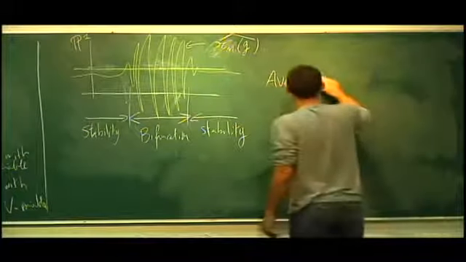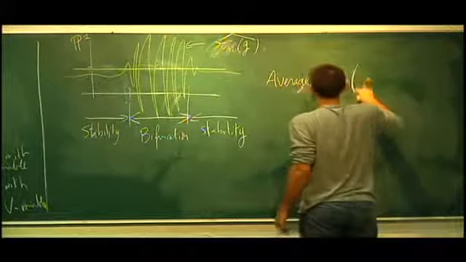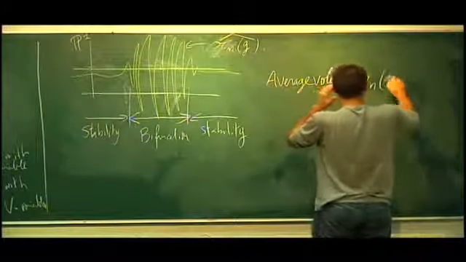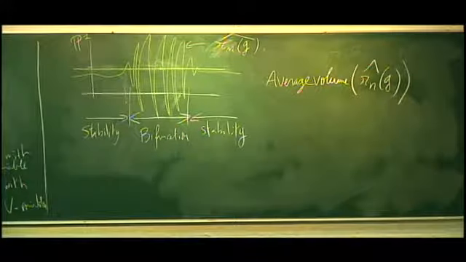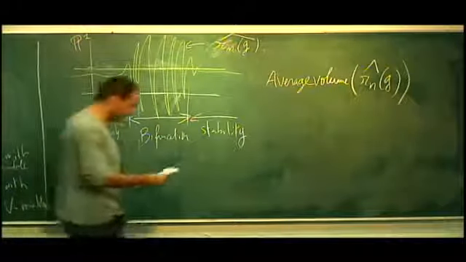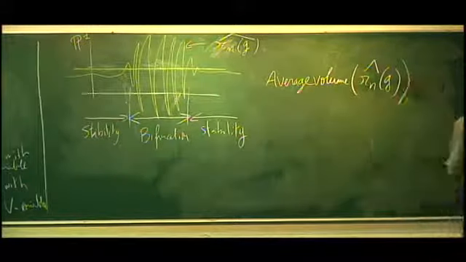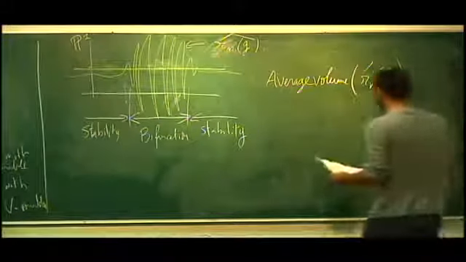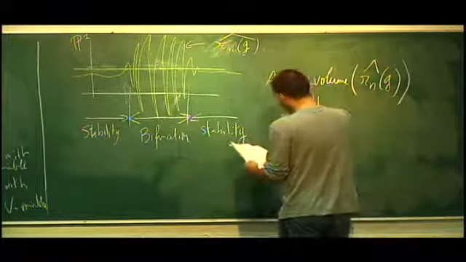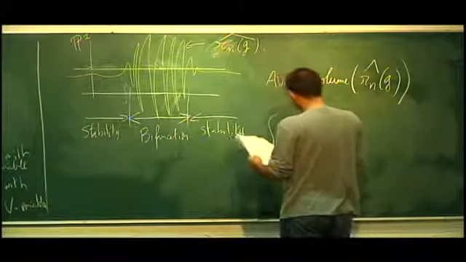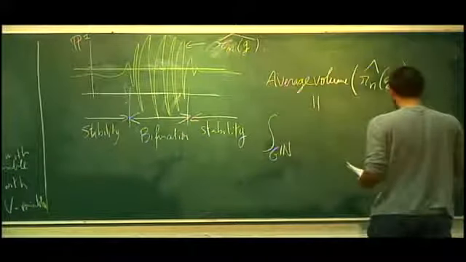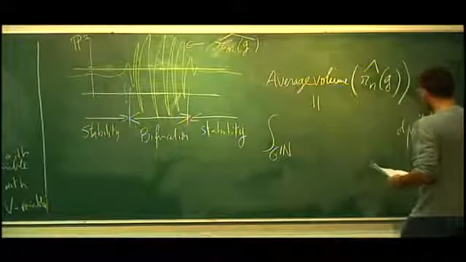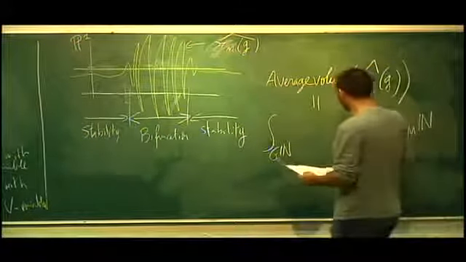So we take the average volume of, so let me write for you the formula, and we will see that this has to do with the bifurcation current. It's quite easy, in fact. So what is this average volume? You take the integral on the set of paths, so on G to the n, okay? You make an average on all the words of length n, and here I will write what is the volume of